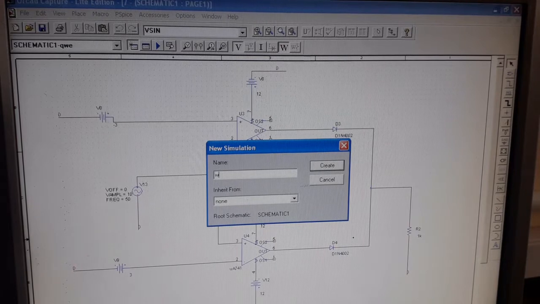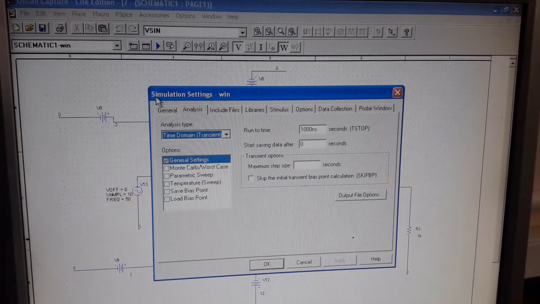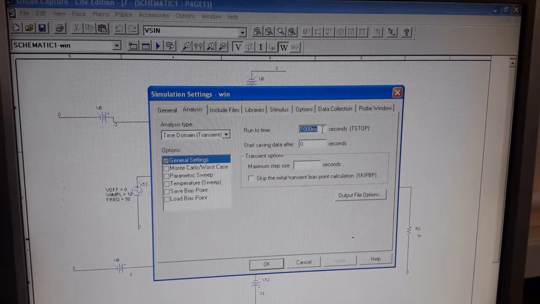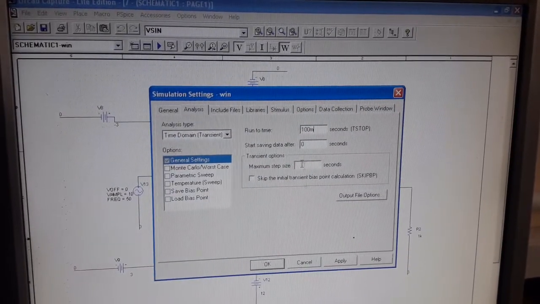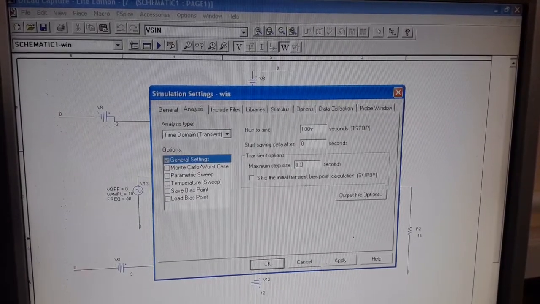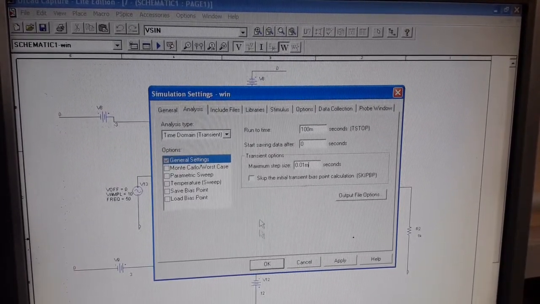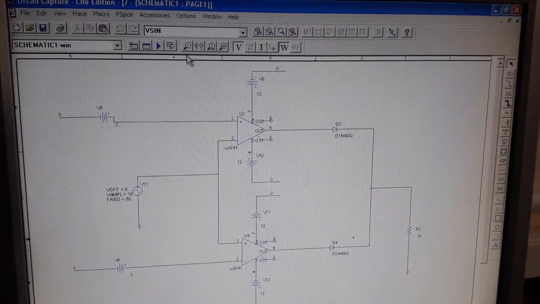This is a window comparator, I'll just type VWIN. You can give any name for this. Click on create button. Now here you can see the simulation settings window, and here run to time is 100 millisecond and 0.01 millisecond. Click on OK.